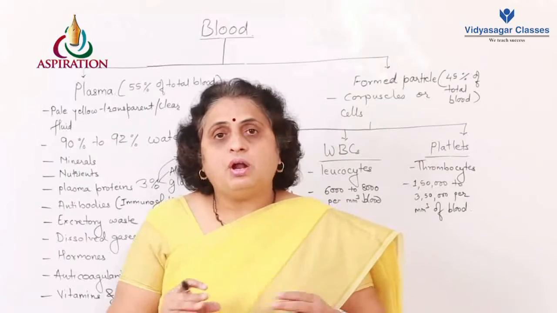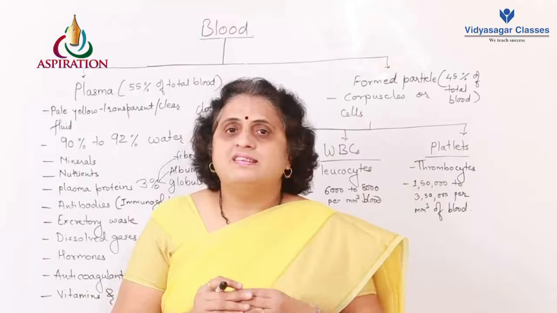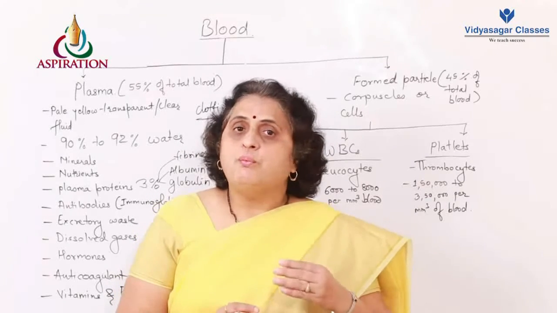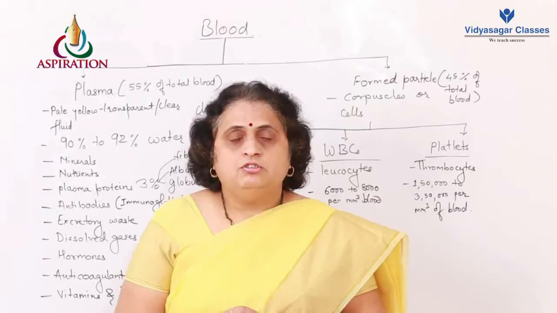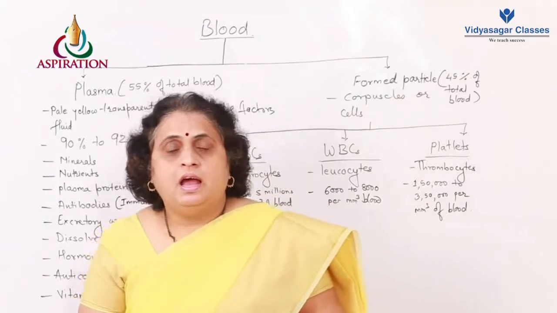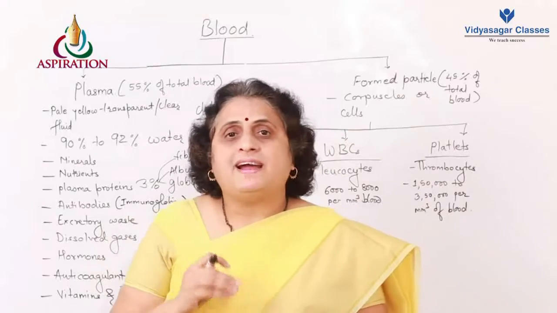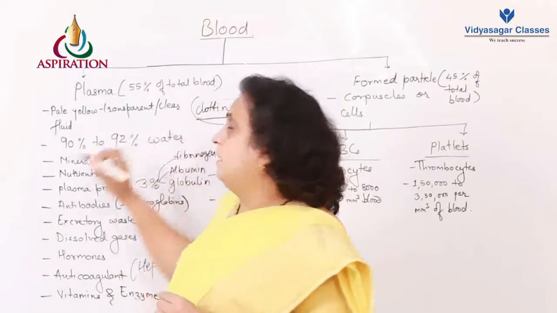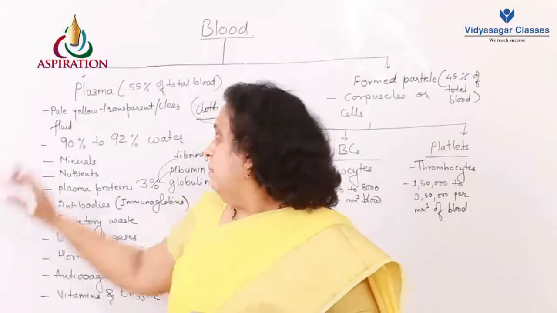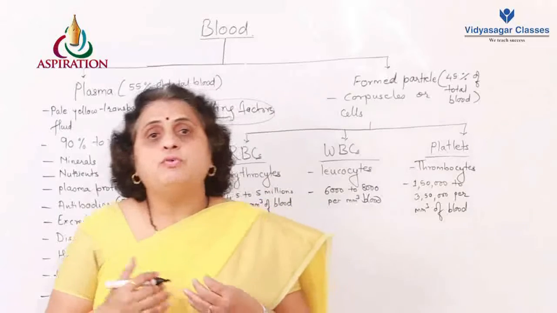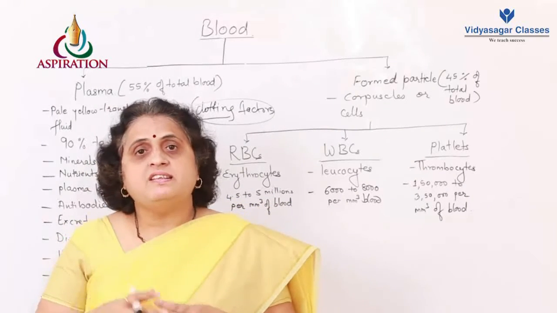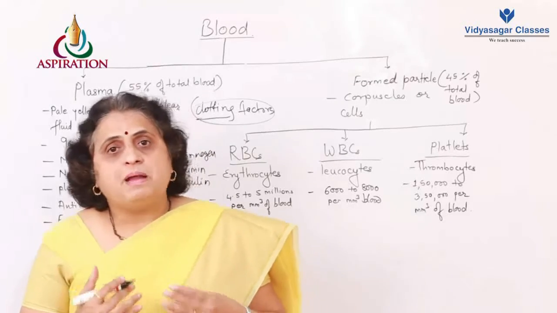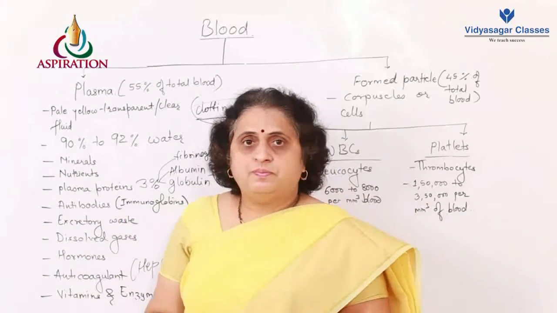The plasma without clotting factors is called serum. So, what is serum for us? Serum is plasma without the clotting factors. If I take the serum, I will not have the clotting factors inside it, because serum contains only pure plasma without any clotting factors. So, that is about the plasma. Plasma, as I said, gives fluidity to the blood. Plasma prevents the desiccation of the various organs. It is the plasma which keeps the blood moving, and it is the plasma which carries out the major exchange.